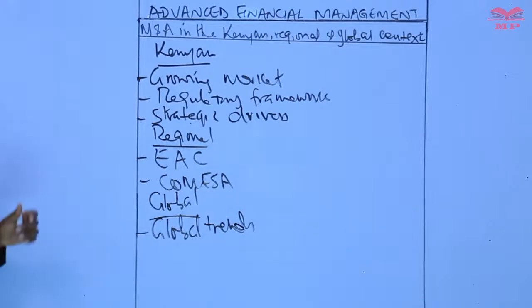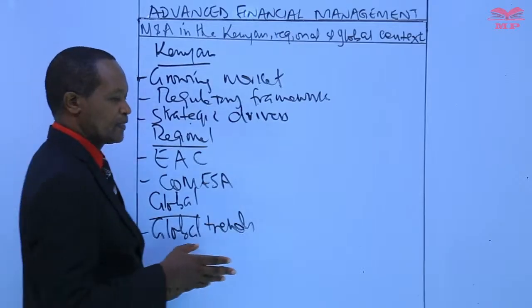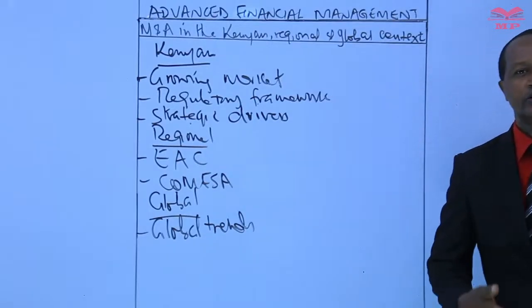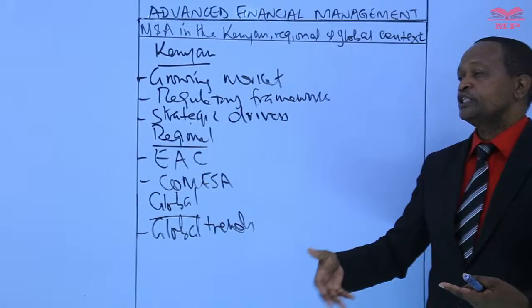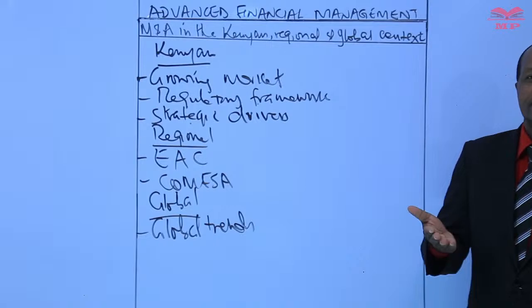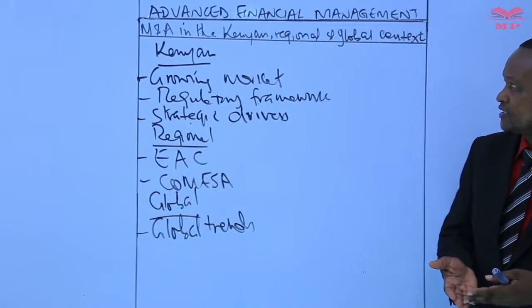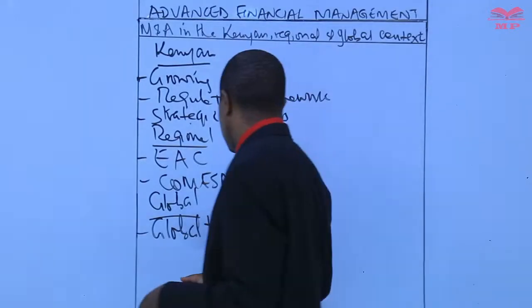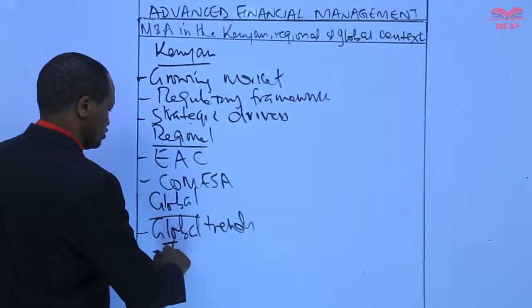What do we mean by global trends? Now, the global mergers and acquisition trends influence activities in Kenya and even the region. Factors like technological advancements, economic conditions, and geopolitical events play a significant role in mergers and acquisitions in a global context. You understand? So global trends are influenced by technological factors,